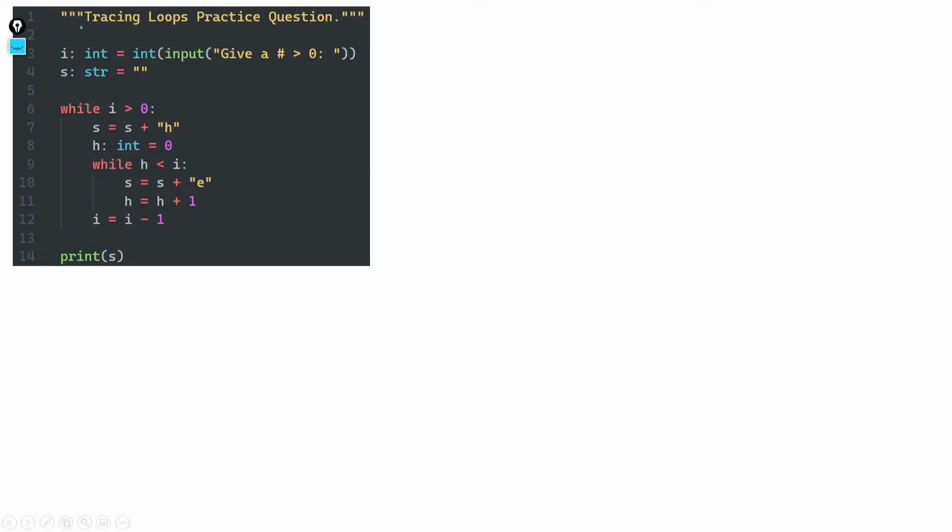We've got a doc string. We know that there's nothing really important there. That's just documentation for our purposes as humans. And then we see a declaration of i, where the user is giving us some input. I should have gone ahead and set up my stack. And my stack is going to have a globals frame. Starting next week, we'll know a little bit more about other kinds of frames or adding more frames to our stack. For now, it just has this globals frame. And we'll learn about another area of memory as well called the heap. But for now, this is good enough.